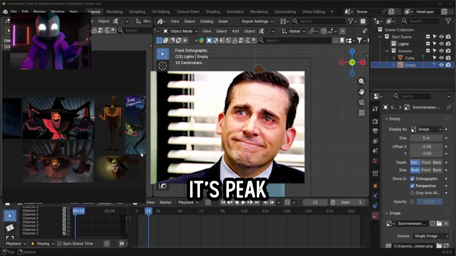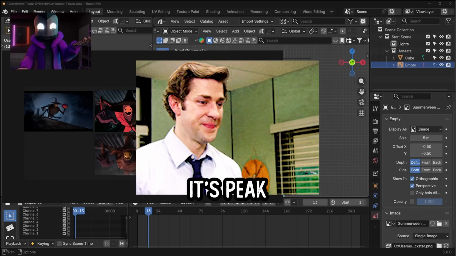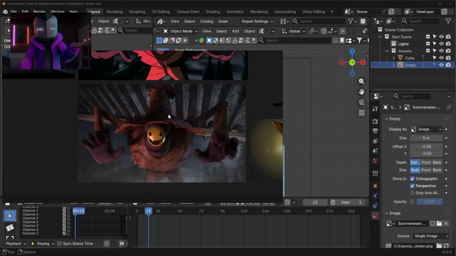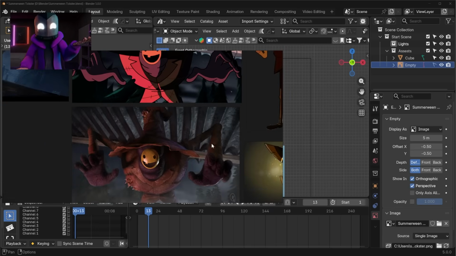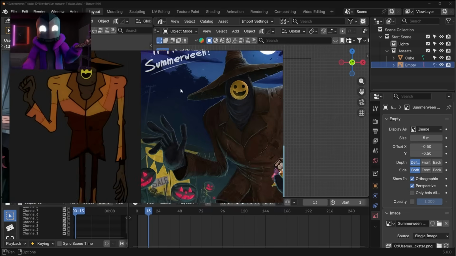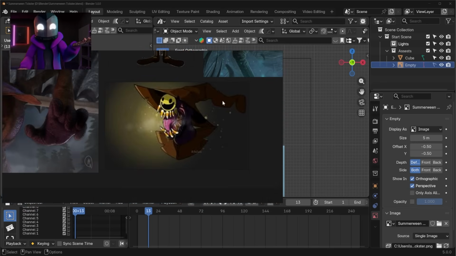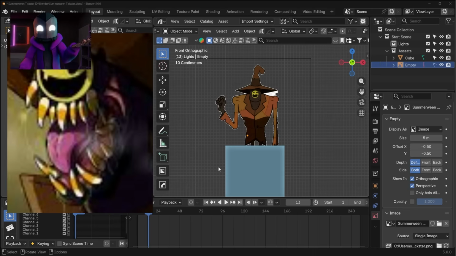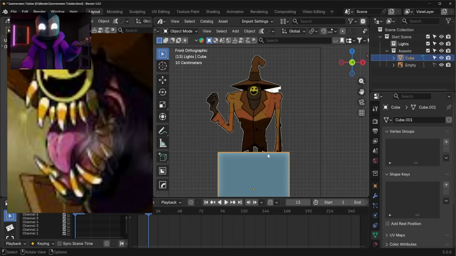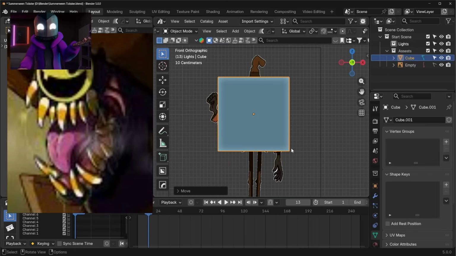Okay, so time to make the SUMMERWEEN monster. Now we have some really good references here, and I think we actually have a 3D model right here, which is just wonderfully done. I am happy with everybody's art that I have. Right now I need to make the basis of the body, and then expand and add the clothing and the gloves and the hat and all the stuff on top of that,